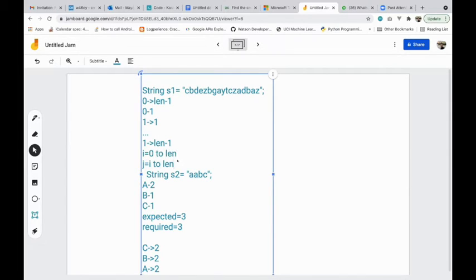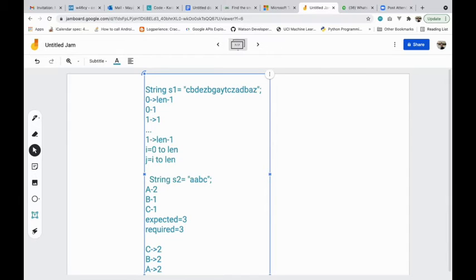If I currently read my i and j, they both are pointing to 0. So that is one of my strings, which is C. I will compare this with A, B, C, and I will get my result, true or false. Now I will increment my j, it will become 1. So my string is CB. Likewise I will go CBD and all those till the end. Now I will increment i.